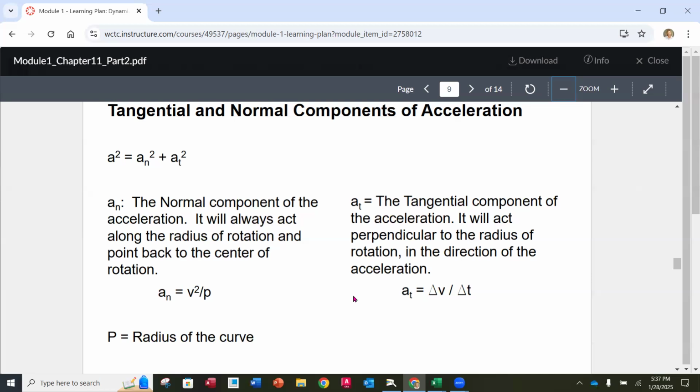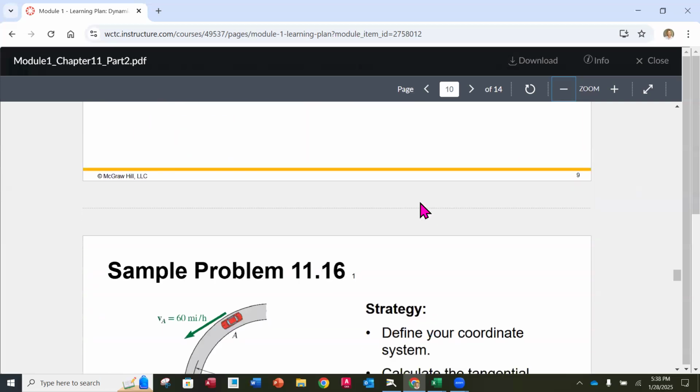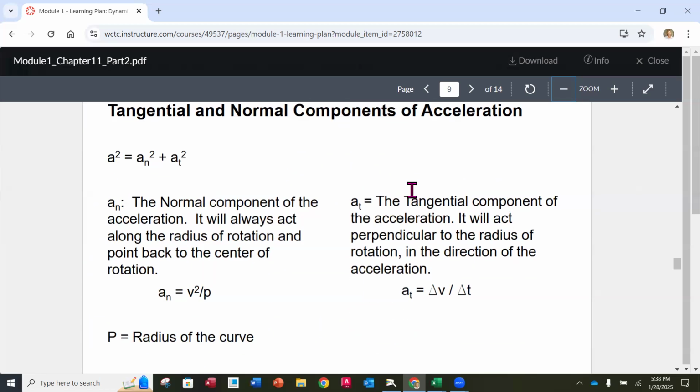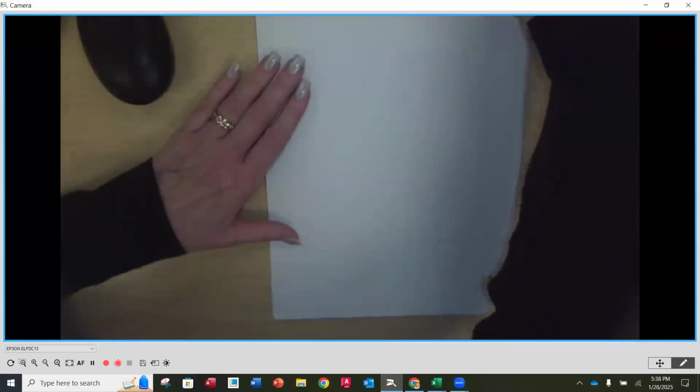Now, to calculate these values, the total amount of acceleration, because these are 90 degrees to one another, our normal is pointing down towards the center of rotation, and our tangential is perpendicular to that. Those are the two sides of a right triangle. So let me see, I forget. I'm going to peek ahead. Yeah, they don't have an illustration here. So what I'm going to do is draw underneath my camera here a quick illustration